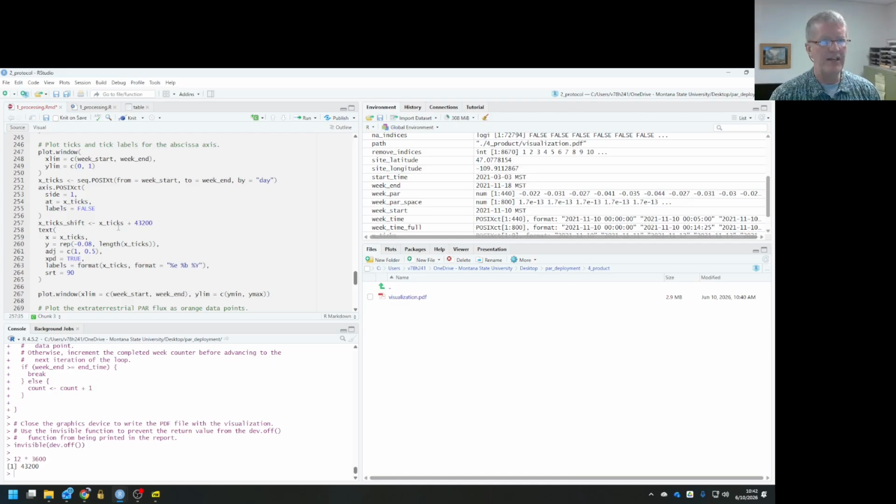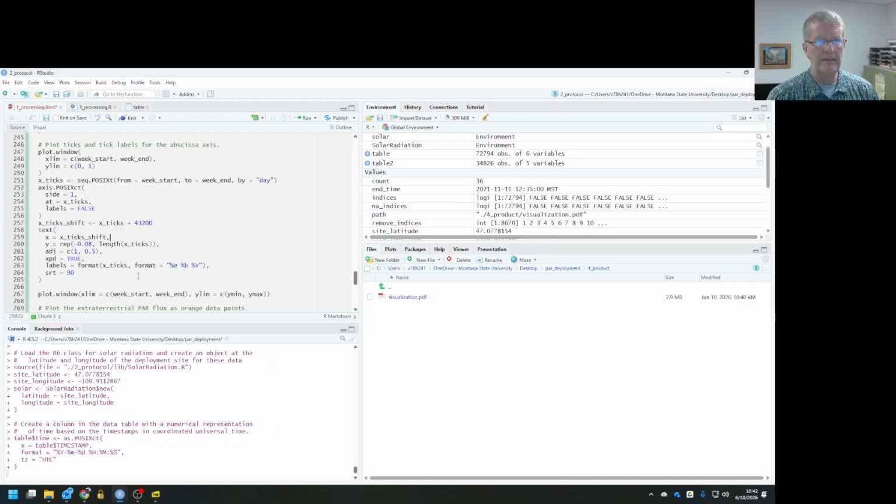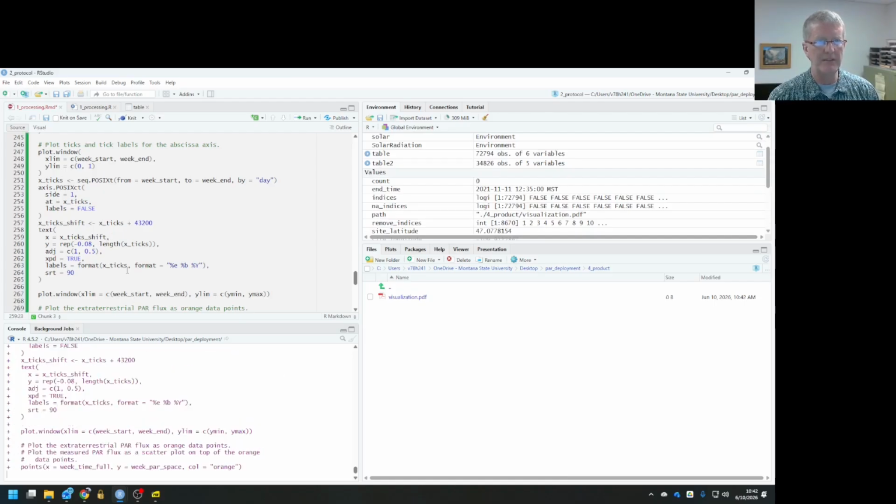So I can shift my original ticks over by 12 hours, x ticks shift, and I can put these labels at that location rather than at the x ticks. So I'm basically moving things over by 12 hours. If I rerun the chunk,